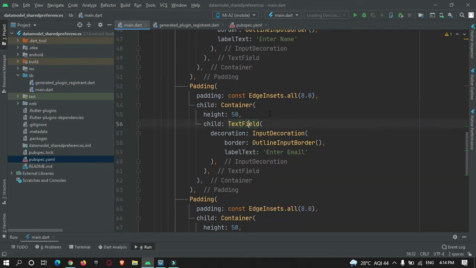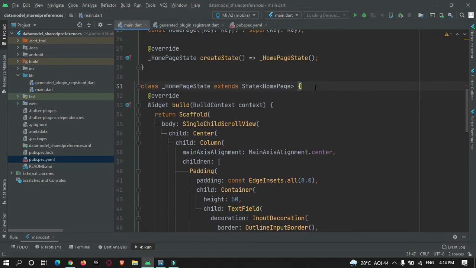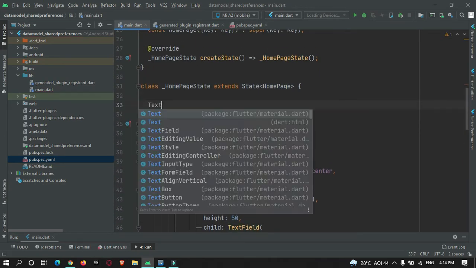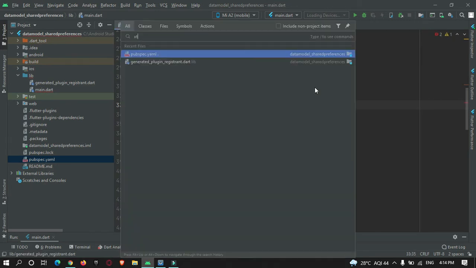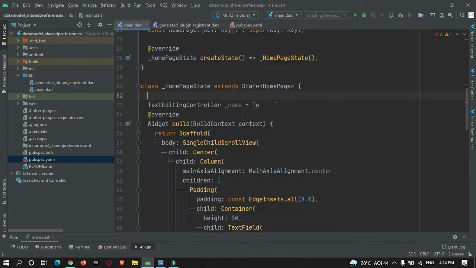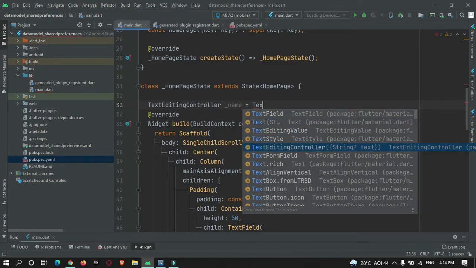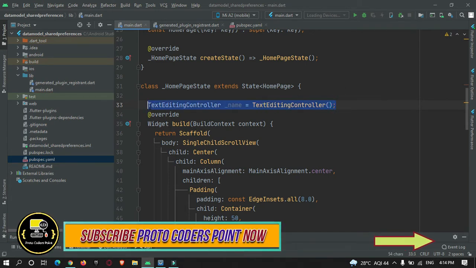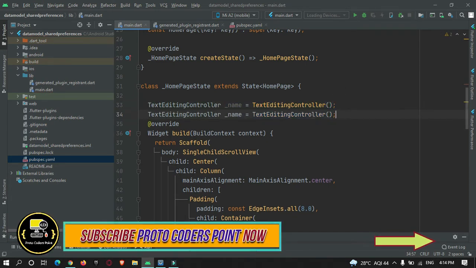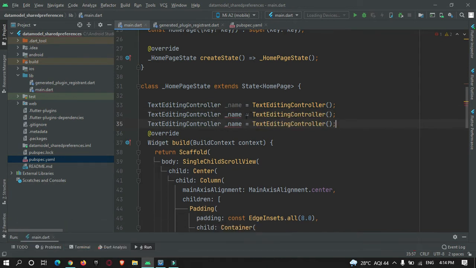I have created 3 text fields and 2 buttons to save the data, and let's create a controller for the text fields. Here, TextEditingController. The first one is name. Like this, we need to create 3 text controllers, for name, email and phone number.